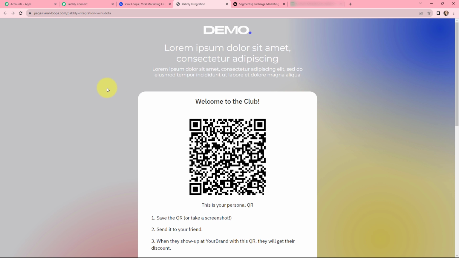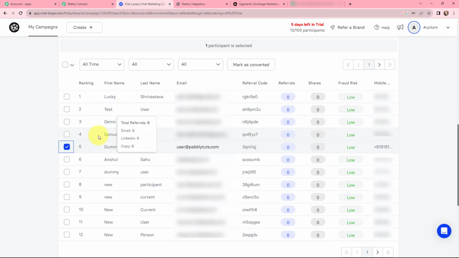So here the form submission is done, and now this person would have been created as a participant in Viral Loops. So here you can see that here is the first name as dummy, here is the last name user, and here is the email address along with the phone number. So here this person is successfully created as a participant, and now I will take you to Pabbly Connect to